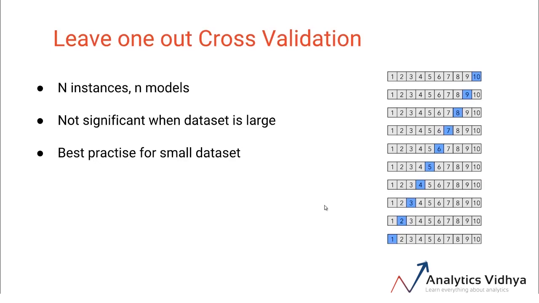In order to find a middle ground between the computational expense and datasets which are not very small, we can use the concept of leave P out cross-validation and select a value of P according to the computational complexity and the training data required. So now we know how to validate the performance of our model using k-fold cross-validation. This is one of the most commonly used validation techniques out there, especially in data science competitions.